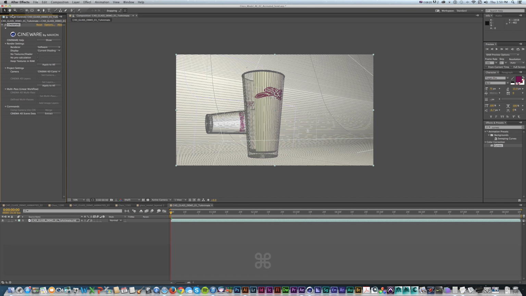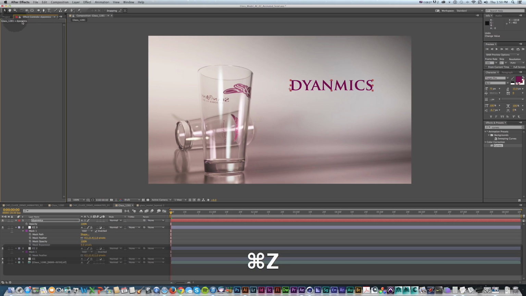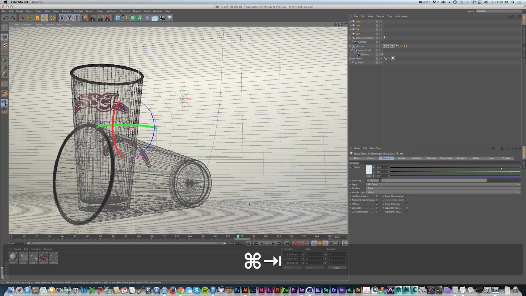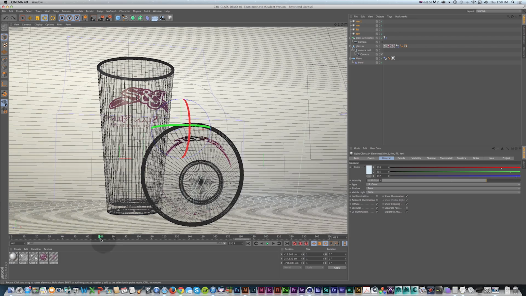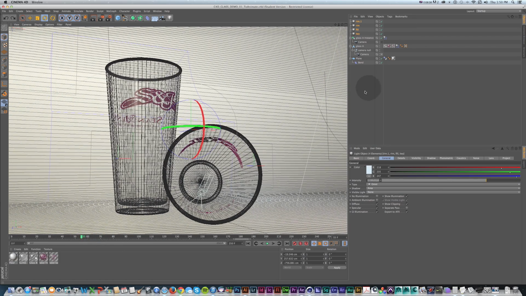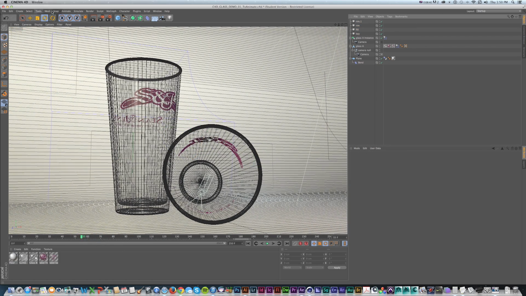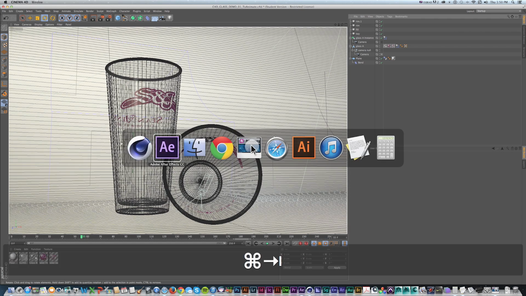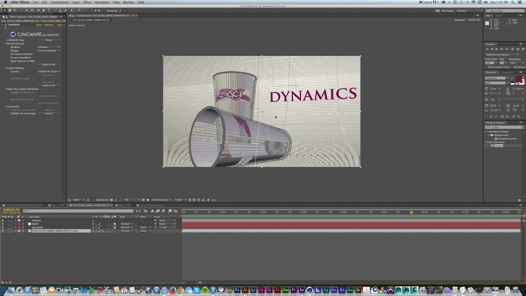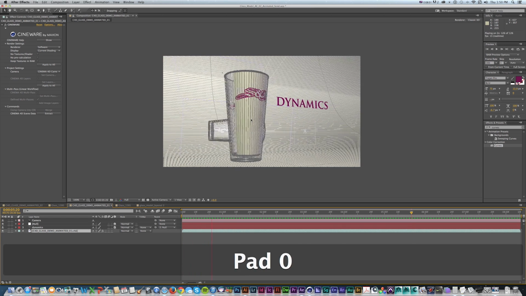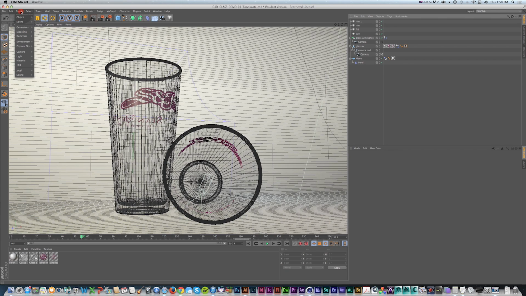Some things we could add before that, so I'll just back up and undo those couple steps, is if we set some things up in Cinema 4D, we can send them over to After Effects and kind of sync this whole thing, which can be really cool. So one example is if we wanted to put a title in here like I had in this example in After Effects and have it sync to the camera from Cinema 4D, what we could do is create a null,